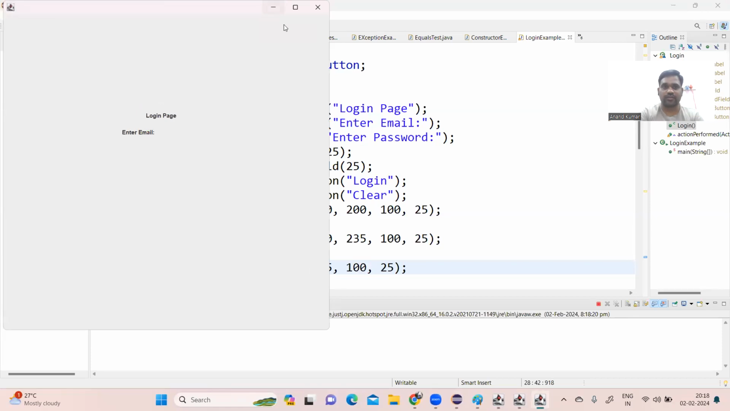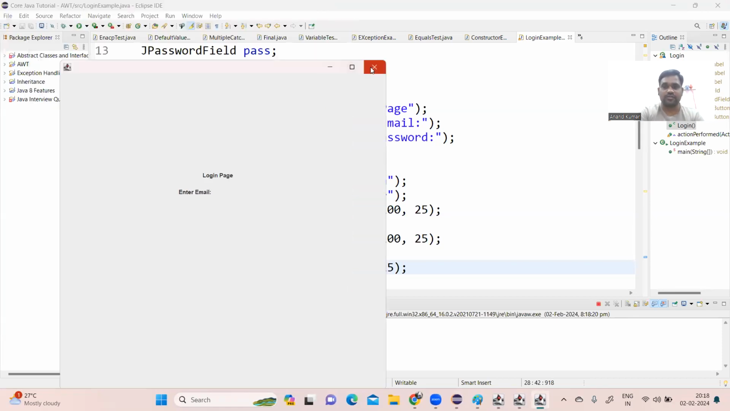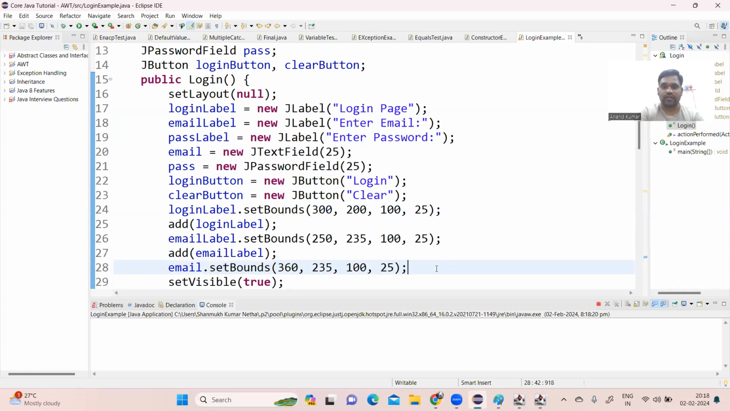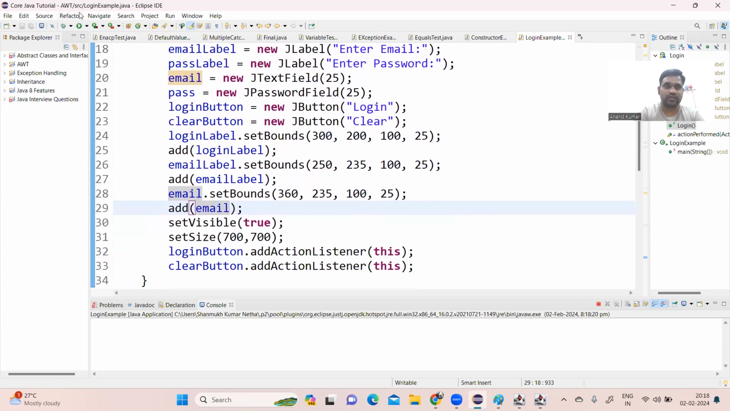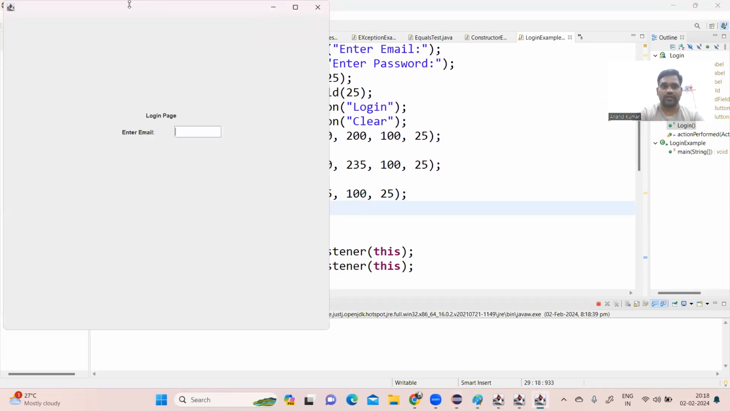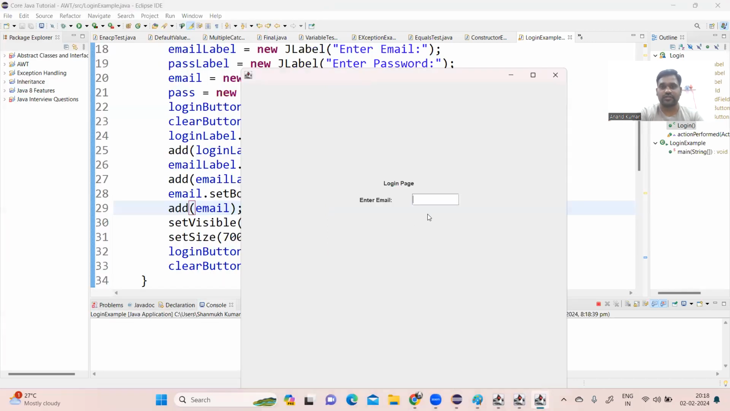See what happened? Why is it not visible? Okay, here you need to add this email text field to the frame, right? See how it is added. Okay. Next,